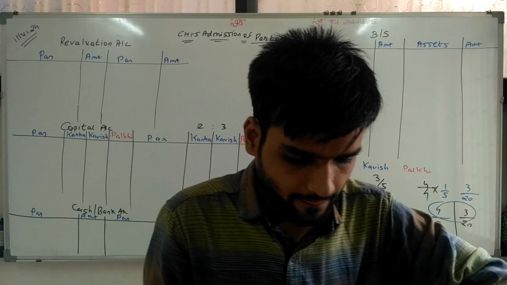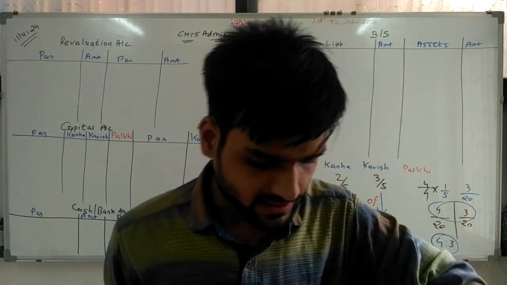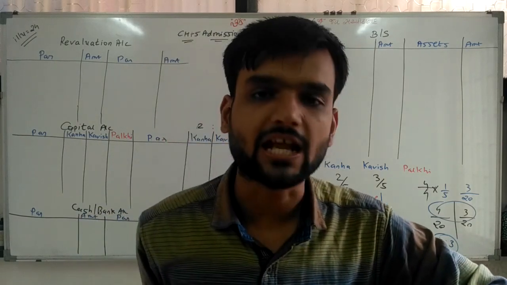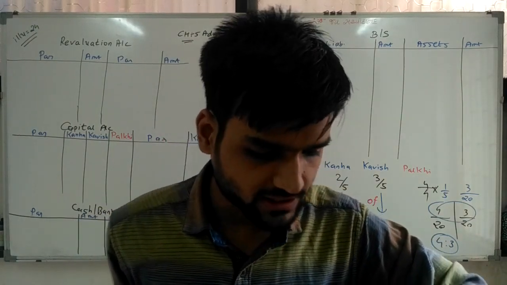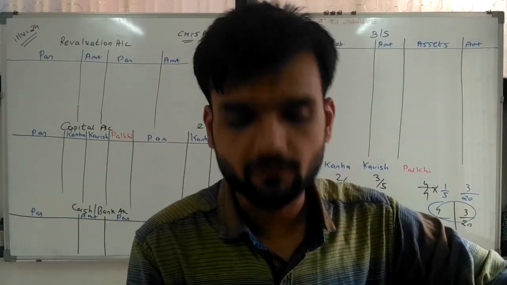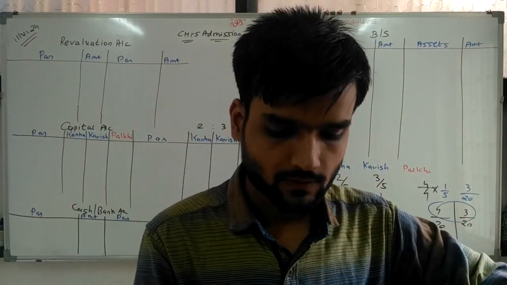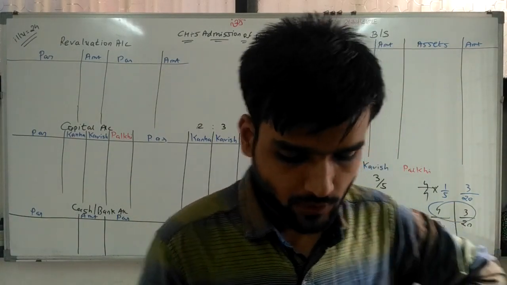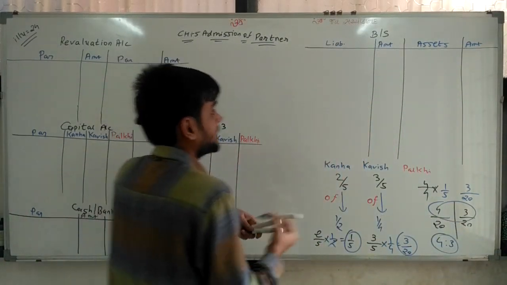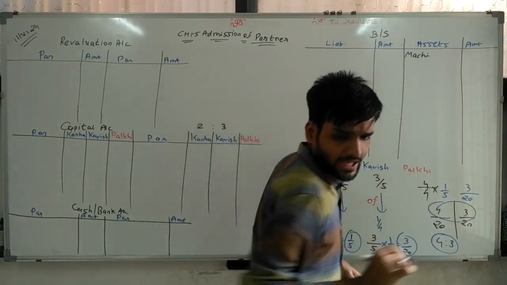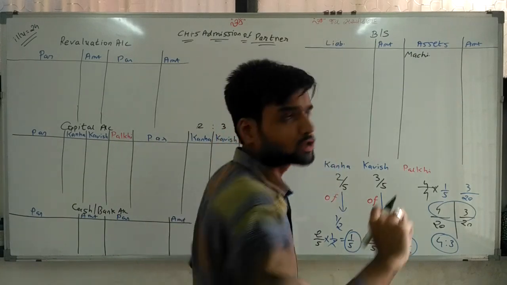Going ahead, 4th adjustment. Depreciation on machine is to be provided at 10%. Now sir, what is the value of machinery given in the balance sheet? In the balance sheet, machinery is given as 50,000 rupees. And on that, we need to find depreciation at 10%. So first of all, writing machine, and the machine value is given 50,000 rupees.